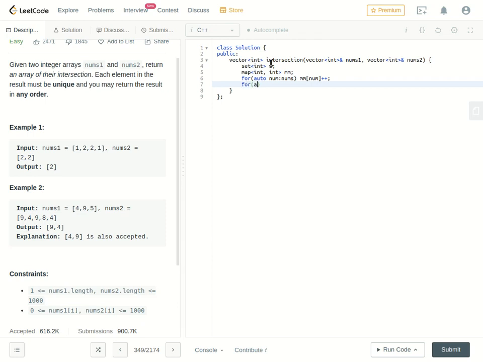Then I loop through the second array, for auto num colon, so it should be nums2, not nums1, because in the function definition it's given as nums2. Now I'm looping through the second array, and here I just check whether the element is there in the map we previously created or not. If m.find of num not equal to m.end, which means that we have found the pointer to that element, then I just insert it into the set,